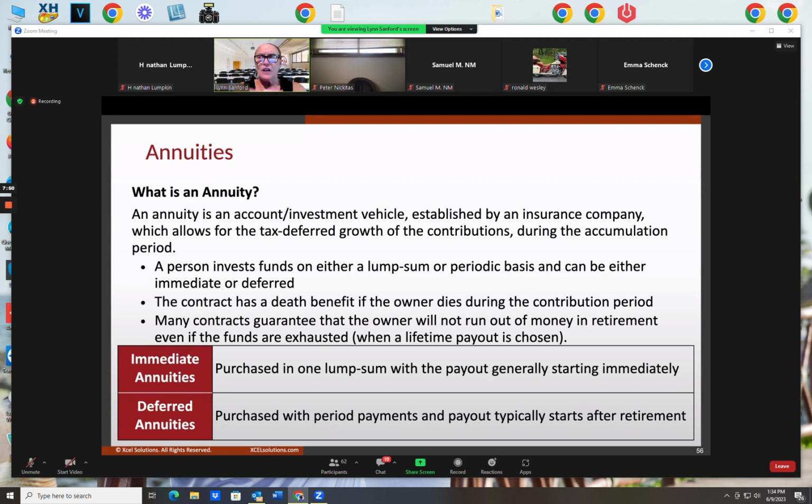We use annuities for a large amount of different things. Lawsuit settlements. You receive a lawsuit settlement and it's a large amount of money, and they agree to pay it out to you over a period of time. They could put that money in an annuity with an insurance company and guarantee payout over a certain number of years to you. You win the state lottery. We'll put the money in an annuity and pay it out to you over time unless you decide to receive your lottery winnings in a lump sum.